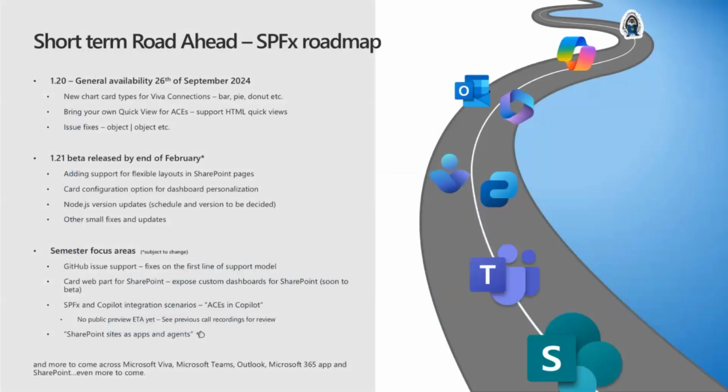Let's go to the following slide. Now, on the following slide, we're talking about the upcoming 1.21 beta, which is actually planned to go out next week. So still by end of February, that will add support for flexible layout, default settings, and some card configuration options. The release, at least the initial version, will be relatively simple. We are looking into potentially not within the beta, but maybe into the GA version, to get Node.js version bumps and all of those things incoming as well. But the first version, the beta one, which is coming next week, is relatively simple. You will see details in the release note on that one.